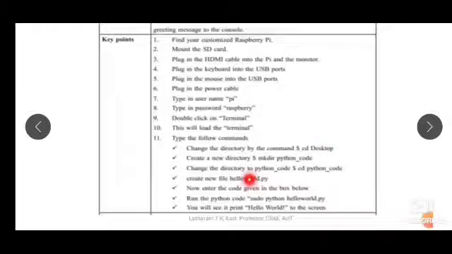then create a new file. Under Python code you will create a new file where you can write the program, helloworld.py. So the Python program will have py as the extension, right? So you have to create a file helloworld.py and then you have to enter the code which you need to run on the Raspberry Pi. Then run the Python code using the command sudo python and the name of the file. How do you run a program? You run a program by using the command sudo python and the name of the program where you have written the program to be executed.